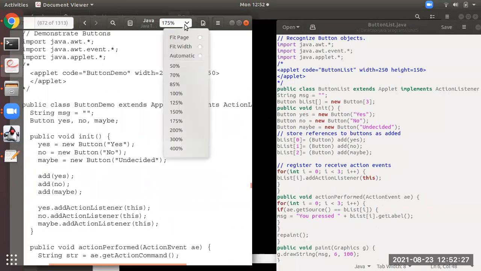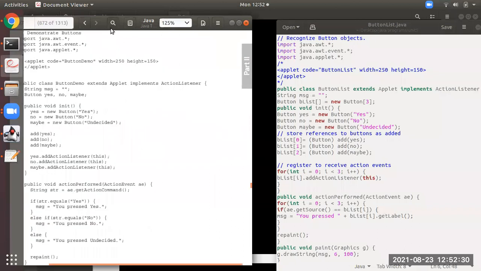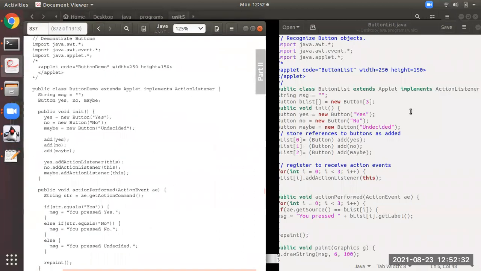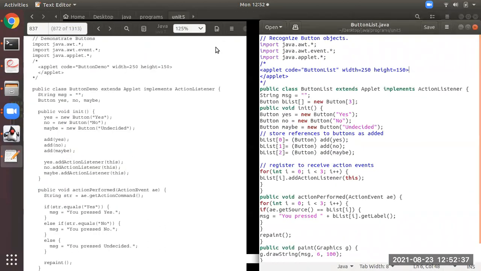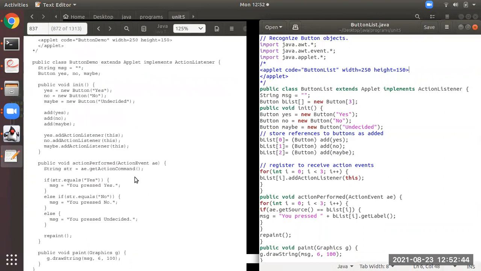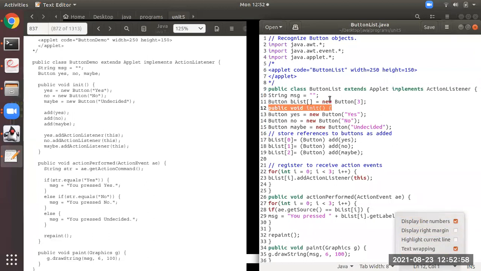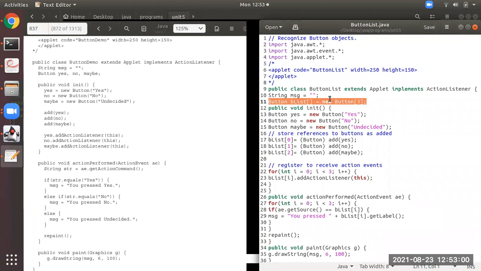Just a second. Now observe students here. Okay, so just now what I have shown you is the ButtonDemo program only. This one, what you can see on the left side. Okay, now the same program, you can modify it. Okay, you can make the program shorter. How? Just observe here. Just see here at this particular line, line number 11. What is line number 11 over here?